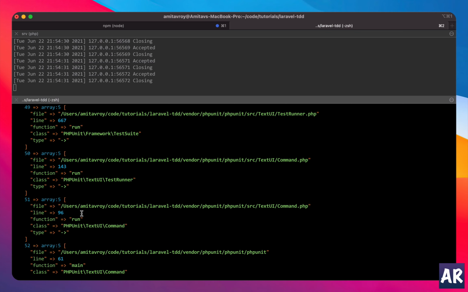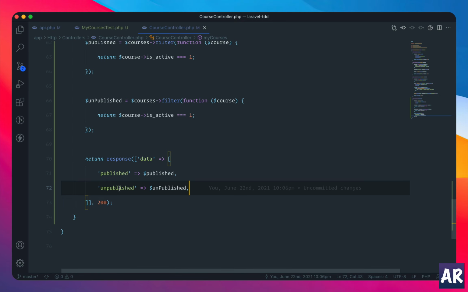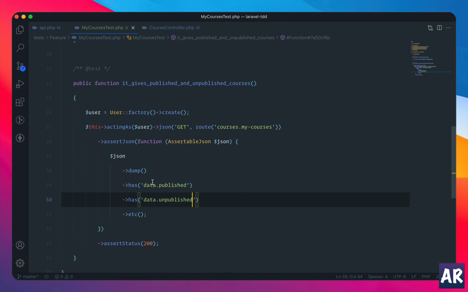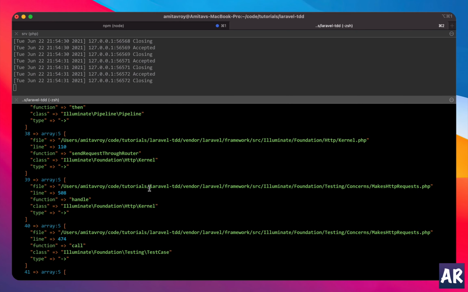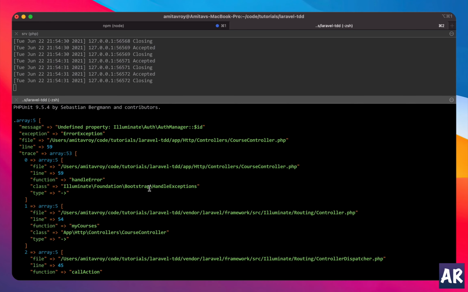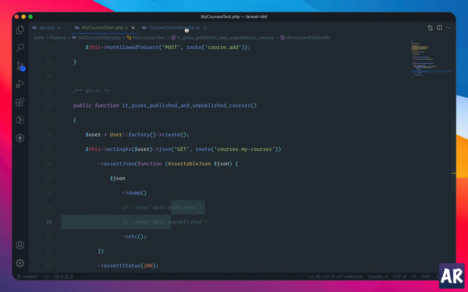Actually, no, it didn't. Why? It says published does not exist. Data.published doesn't exist. That's a bit interesting because now it should have. Okay, it is failing somewhere. Let me see what is the error. Undefined property auth manager ID. Okay, so